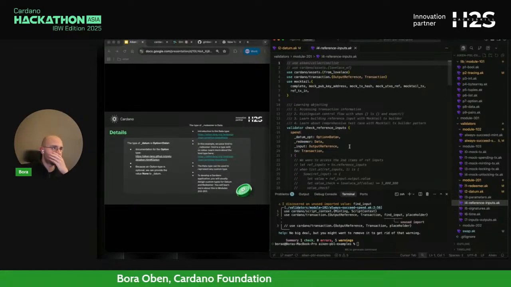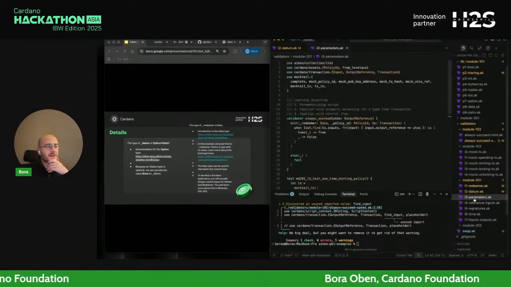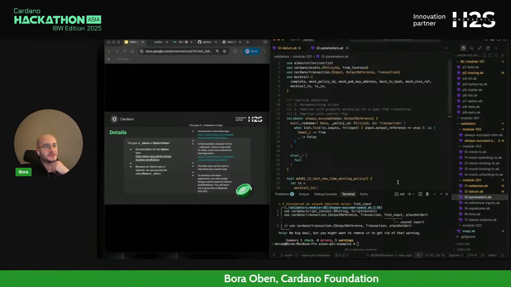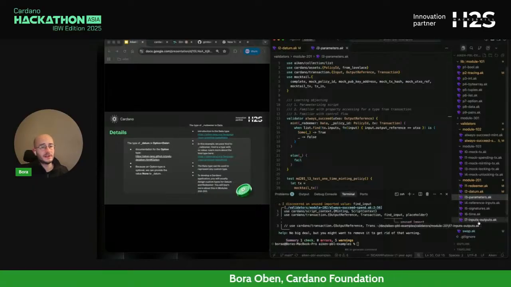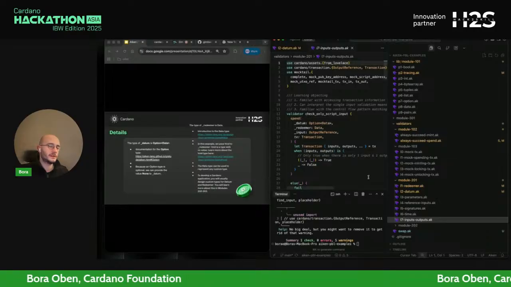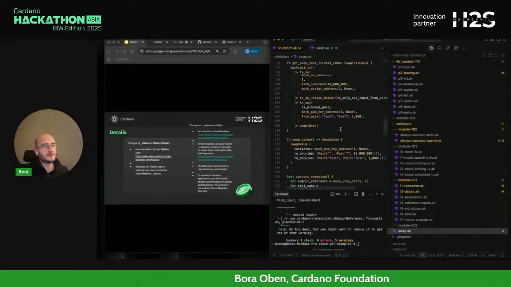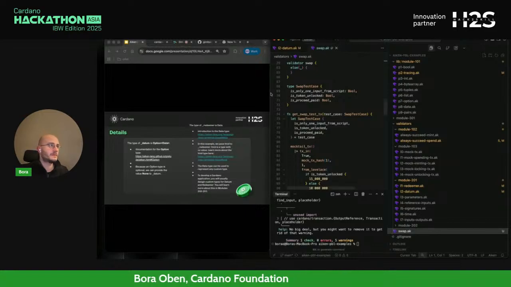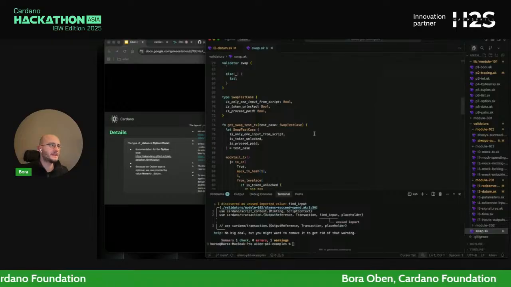I think we are running out of time quite fast. Maybe before I try to show all the intricacies you can do with Aiken and some of the generic checks that you will find yourself doing quite often, let's take a look at a proper smart contract, right? These were all, in a way, demos of small features that I'm trying to highlight, but this smart contract is from the Mesh team. It's a swap smart contract.